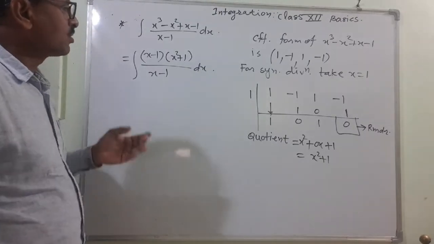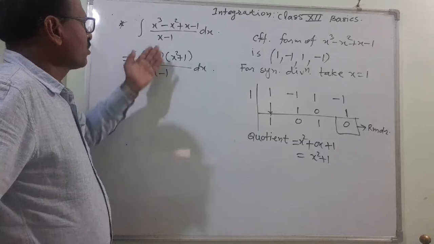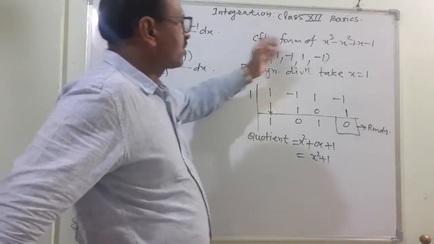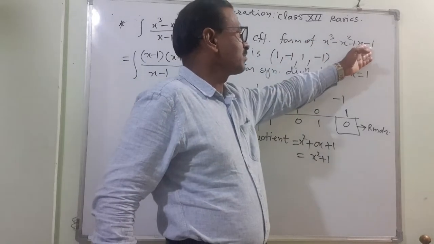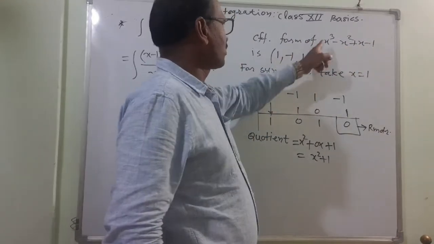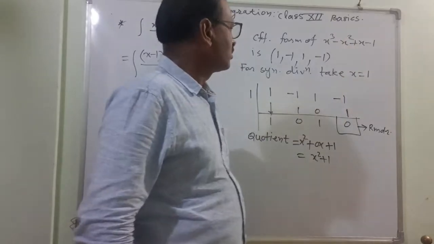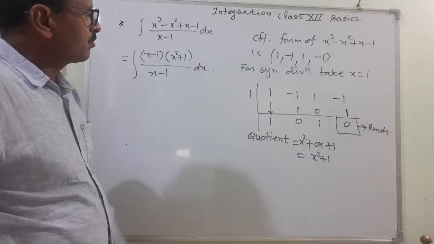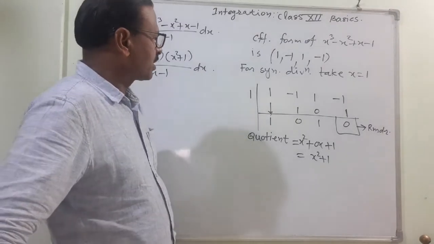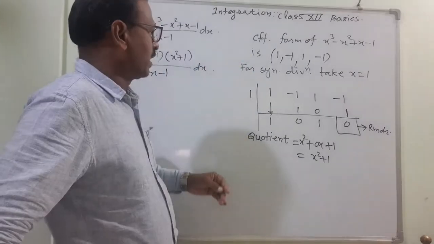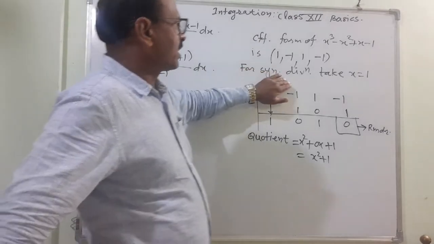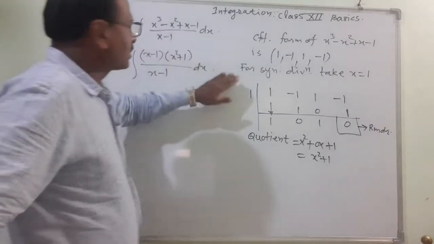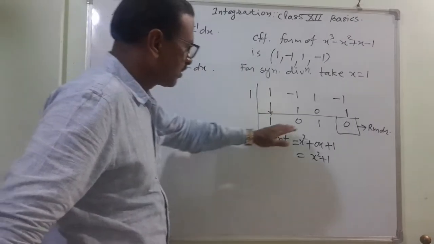Suppose x minus 1 is not a factor, then it is of no use doing like this. What I have done here: the coefficients of x cube minus x square plus x minus 1 you have to take. This you have actually seen in standard 9. So within this 3-year gap you might have forgotten it. That's why I am just revising in full detail, for synthetic division. So x minus 1 we have to see as the factor.